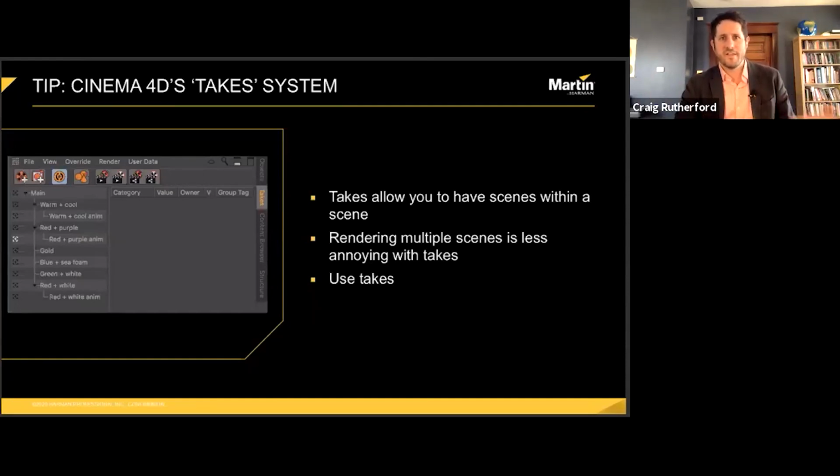Since I do all this work on my laptop currently, once I get the takes set up, I have a render preset with a really low resolution and DPI for testing. I hit render takes to picture viewer, I make a Manhattan, and I walk away for a day or two while the fans run wildly. At the end, I have about 10 high resolution stills and a few animated movie files.